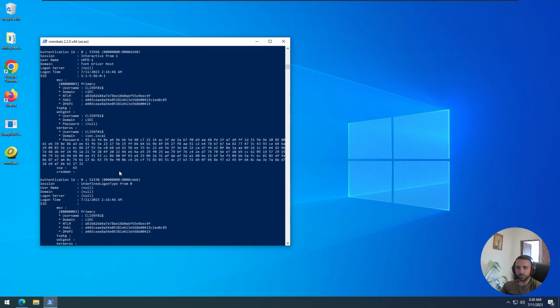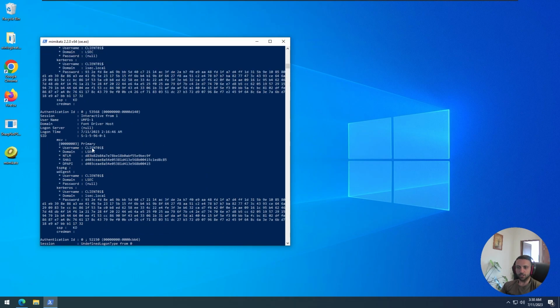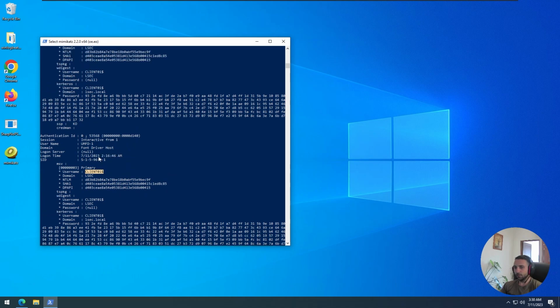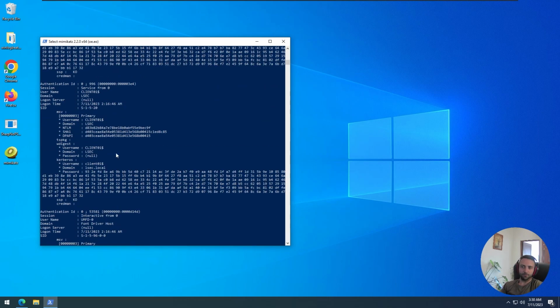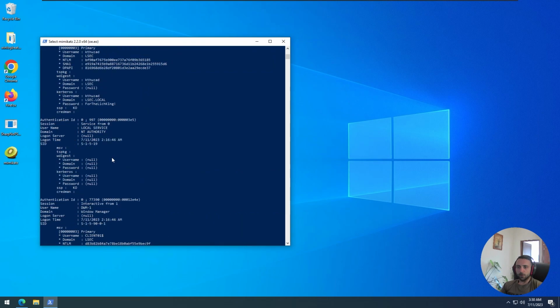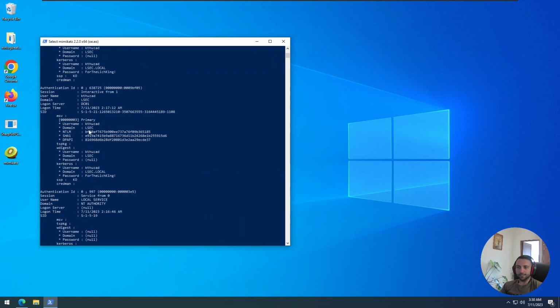Now, since most of the hashes are repeated and most of the hashes are for the machine account itself, we don't really need them unless we have a special attack case like resource-based constrained delegation, but for now we just don't really need it. Now, if I scroll a little bit up, we can see the NTLM hash of our K2Z